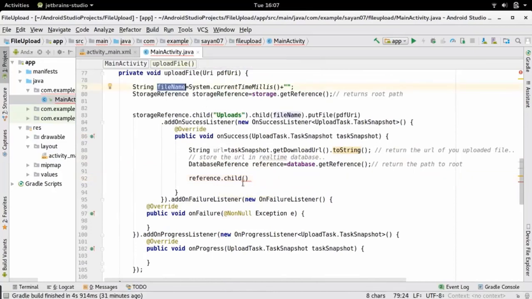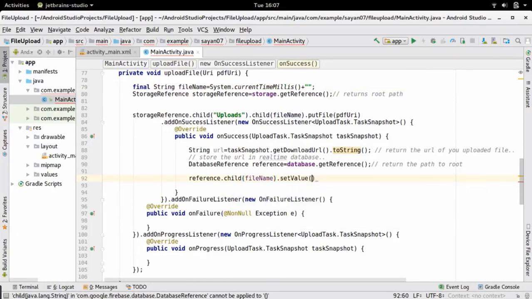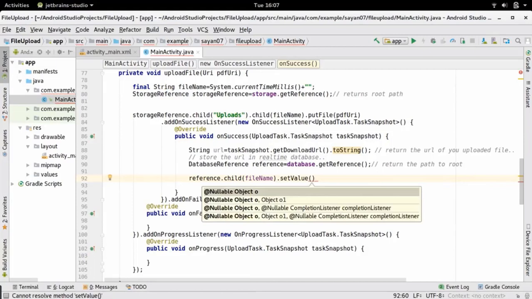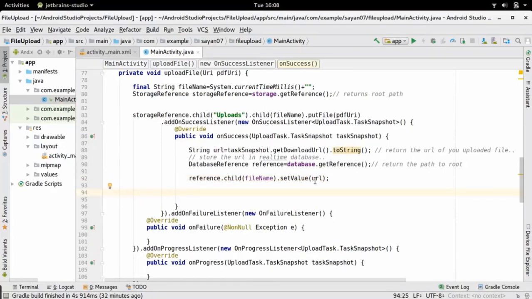So we are going to create a subdirectory with this file name, and we are going to set or upload the URL to the corresponding node or subdirectory. So just provide the URL. Now the URL for our file is successfully uploaded to our reference.